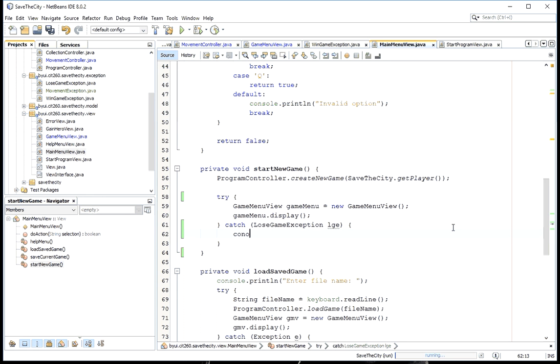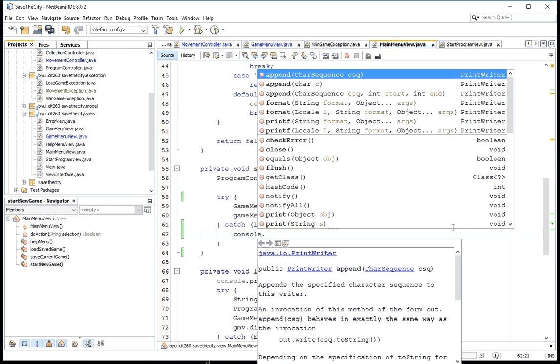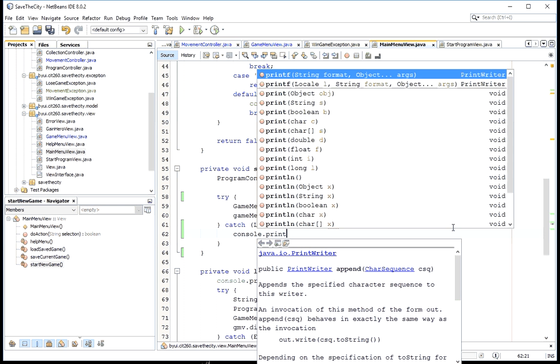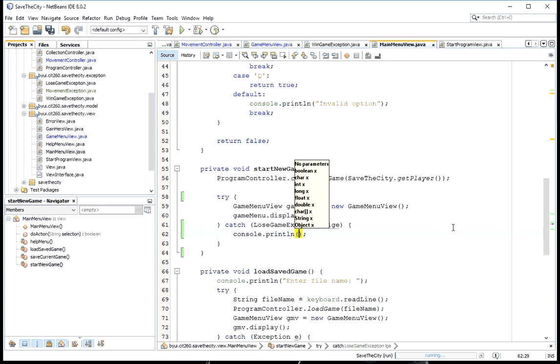And I'll just print "you lose", right? So no matter where in the game that throws, no matter where in anything lower than this, in our levels of inception,